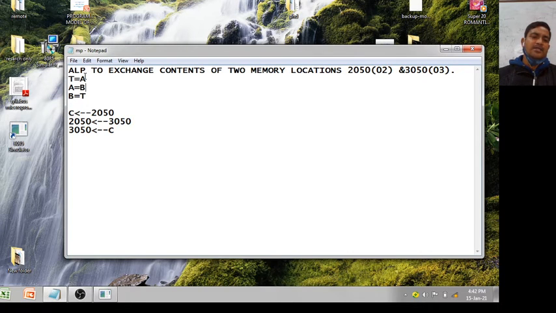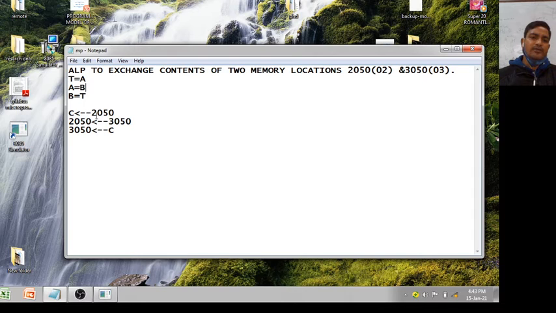And instead of A, I am using 2050, because you have to exchange contents of 2050 with 3050, where A is 2050 and B is 3050. Now, what will happen?